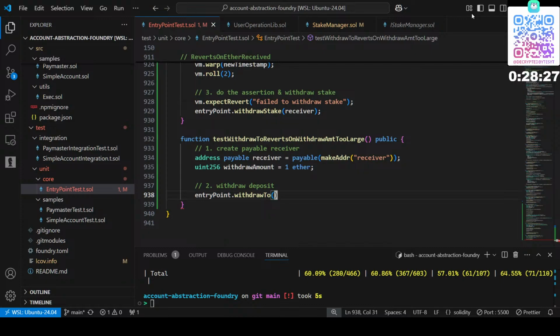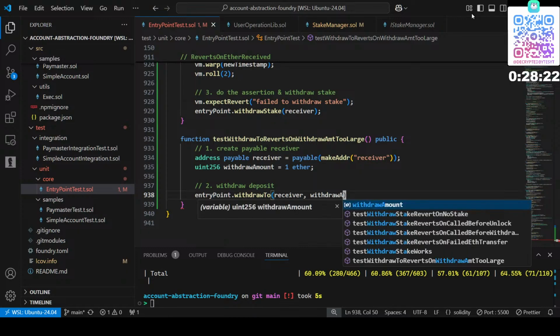Yes, we can pass receiver and withdraw amount,